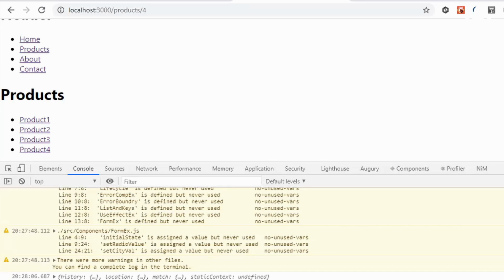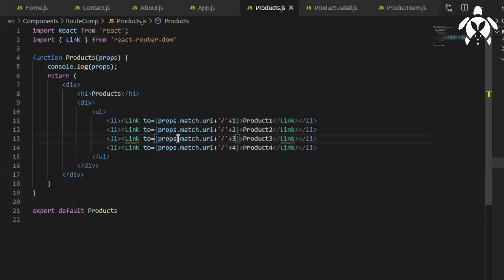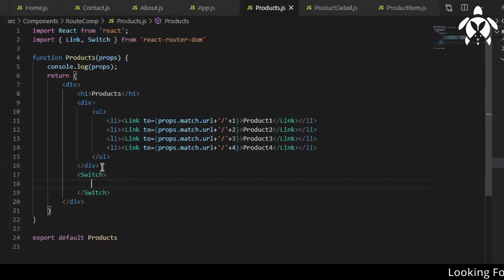Now what I want is to fetch the ID from the URL. So how should I do that? I can use switch. So let me have switch. I'll use it here only, down here, and show the ID. Based on the ID, you can make some API call. So let's have a switch. Inside that switch, we can write what we want to display.